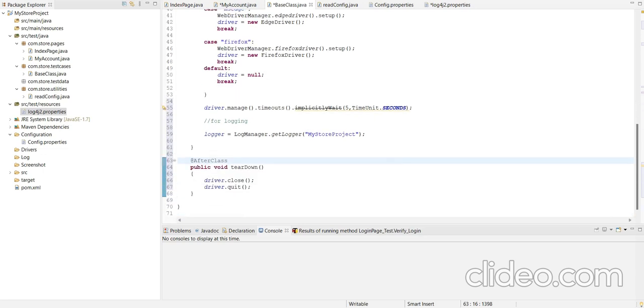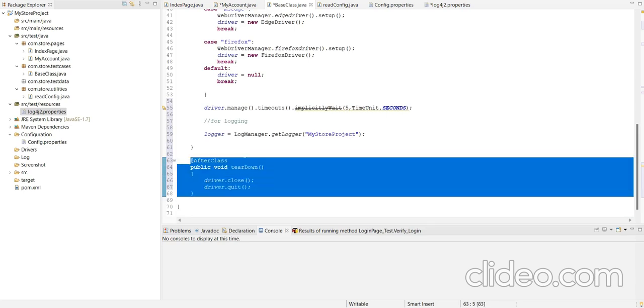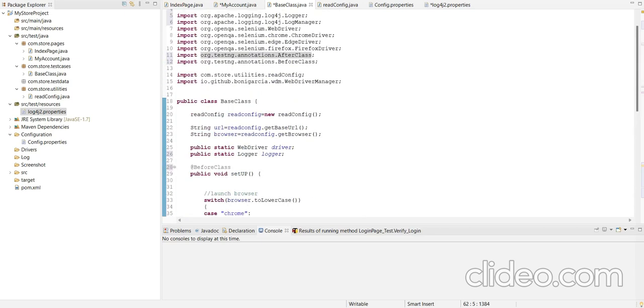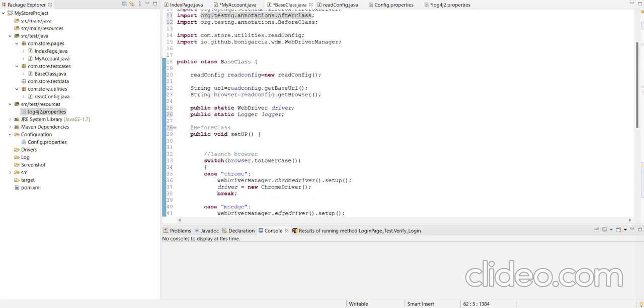So the tear down method is also reusable for our project. So we have created this method in the base class, or other functionality like screenshot. We have to take the screenshot, or logging information, we save in the base class. So in this way we have created the base class. Now we have to create the test cases.